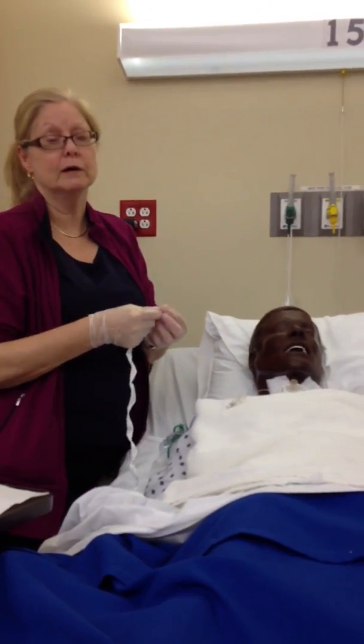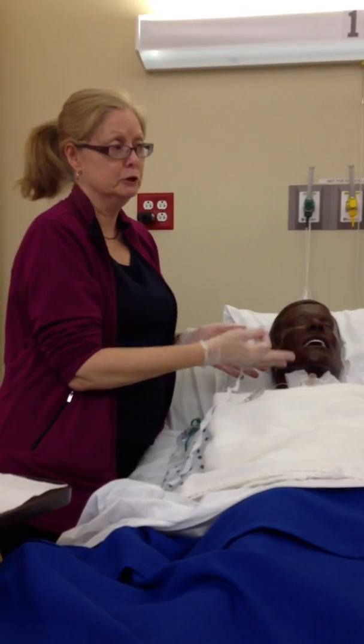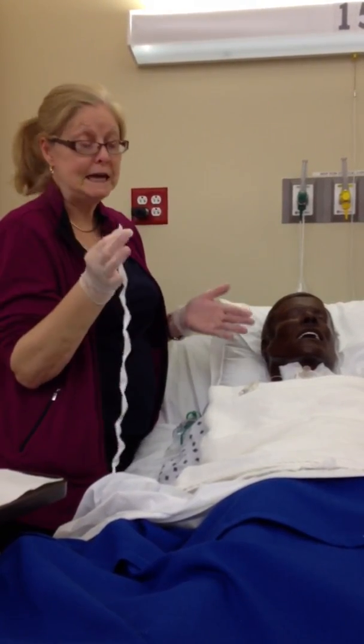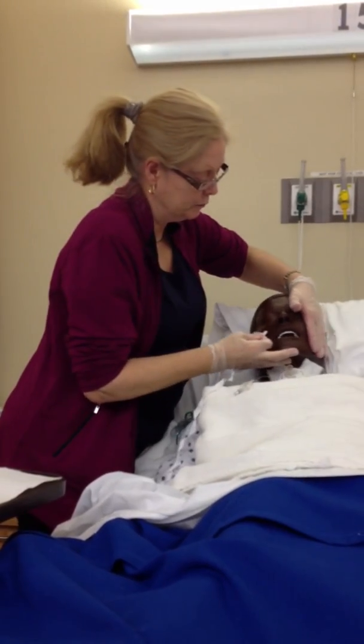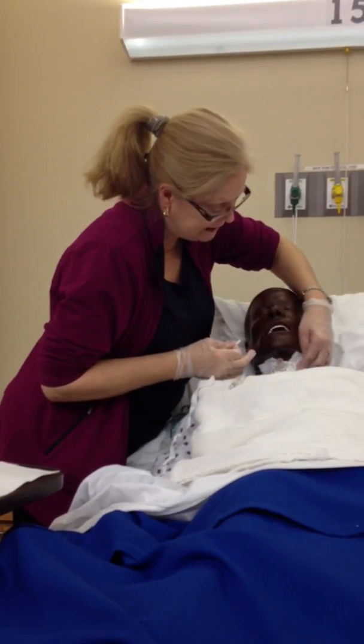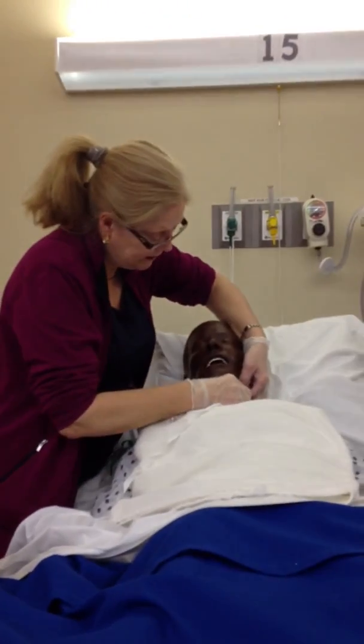So this part is a little bit tricky too. If you're lucky, you'll work in a facility that actually has the commercial tube holders. But of course, they're more expensive than regular little twill tape. So that's why you have to learn how to do both. So his head's to the side. You're going to push the old ties up, okay? And you're going to go ahead and insert the